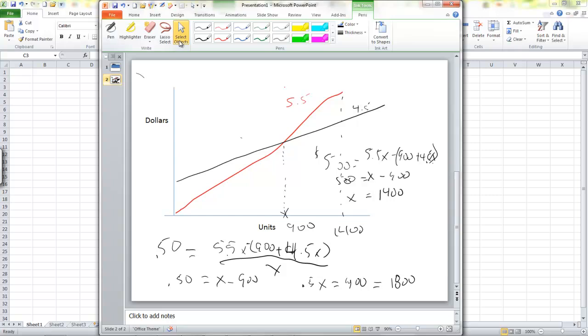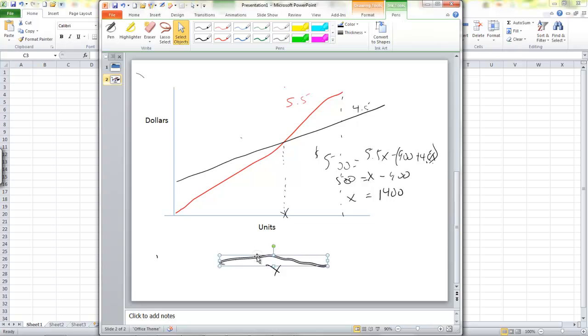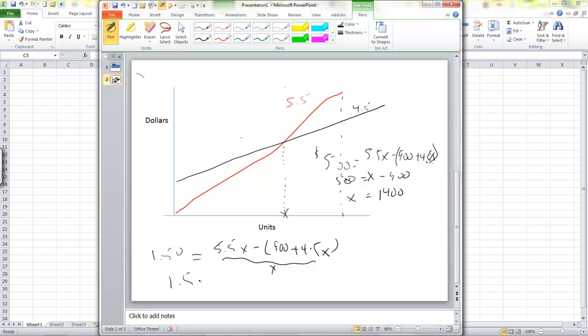And finally, we'll do it for $1.50. Get rid of that. Get rid of a few of these ticks here. And if we solve that now for $1.50, the average is $1.50, 5.5x minus 900 plus 4.5x, all over x. So if we end up with 1.5x on this side is equal to x minus 900 here,